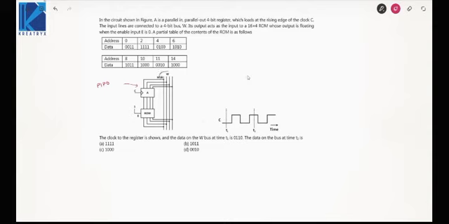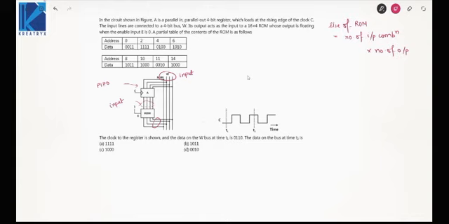This is the input lines for the PIPO register. Its output acts as an input to a 16x4 ROM. I told you in the previous video that the size of ROM is defined as the number of input combinations cross the number of outputs. If the ROM has 4 inputs, how many combinations are there? 16, and then it has 4 outputs.